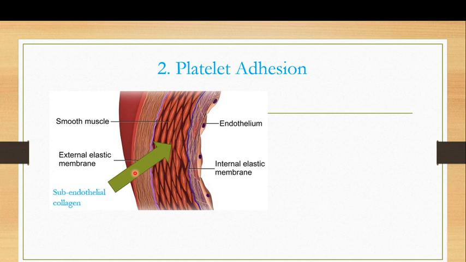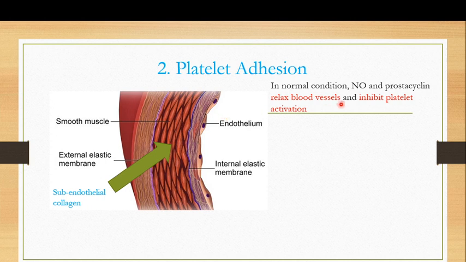Now, as I've told you in the previous video, in normal condition, the nitric oxide and the prostacyclins, which are actually the vasodilators, are responsible for the relaxation of the blood vessel and the blood flows smoothly in the blood vessel. At the same time, the high concentration of the nitric oxide and the prostacyclin are responsible for the inhibition of the platelet activation. But when there is damage to the blood vessel,